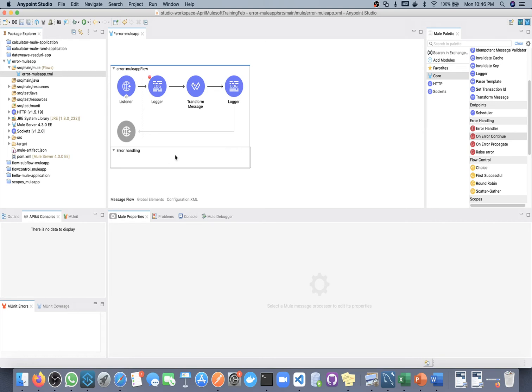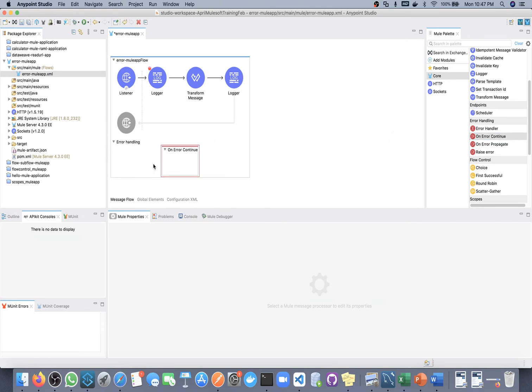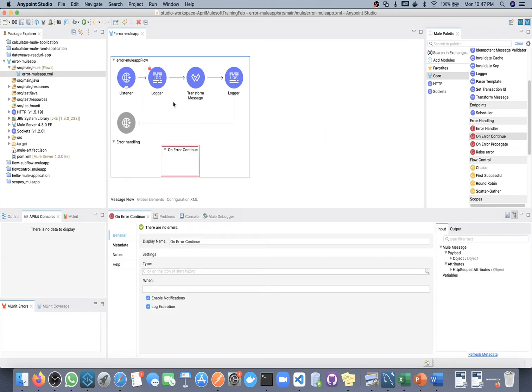Okay, so to handle any kind of error we have 2 Mule components. One is on error continue and another one is on error propagate. First we will understand the difference between these 2 components. The first component is on error continue. Whenever you configure this on error continue component, this error handling component will take the error response and will send a success response.